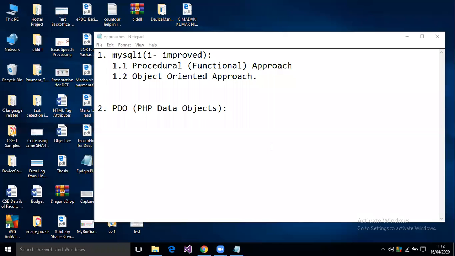So in the last class we discussed MySQLi, and today we are discussing PDO, PHP Data Objects. Here it is also an object-oriented approach, and it provides certain methods with the help of which you are able to connect with your database. Okay, so